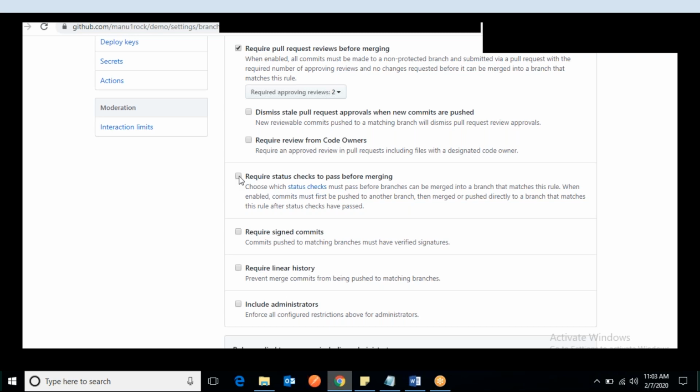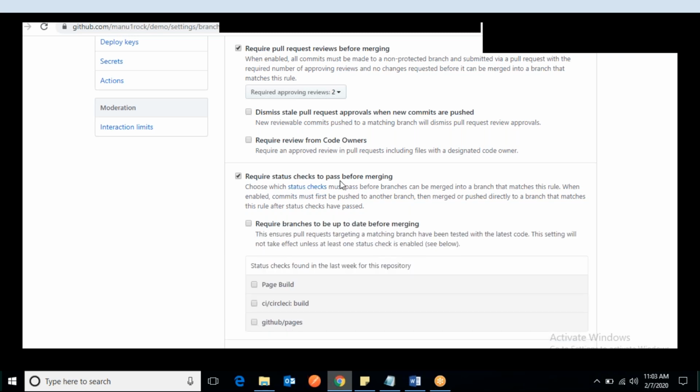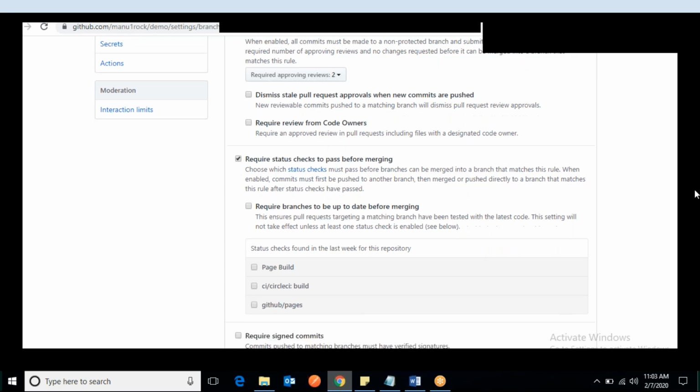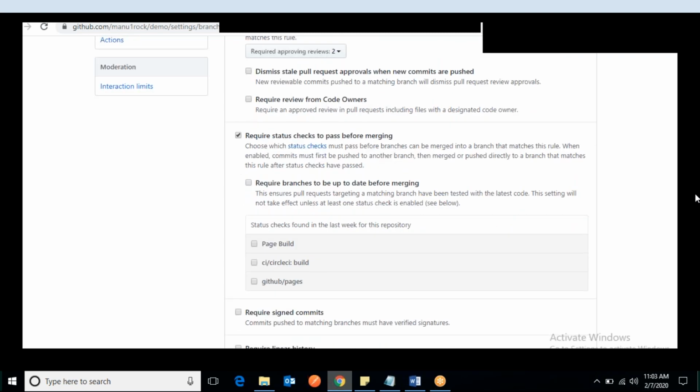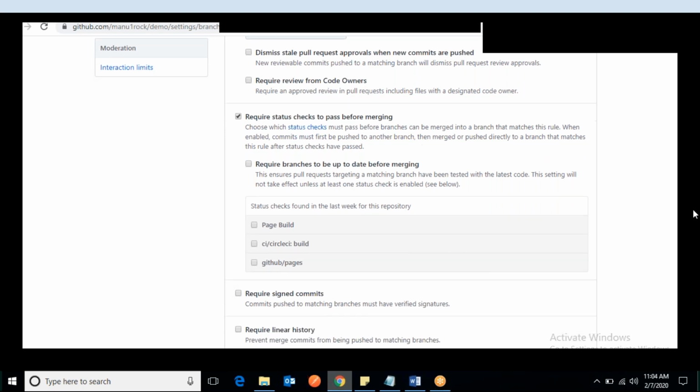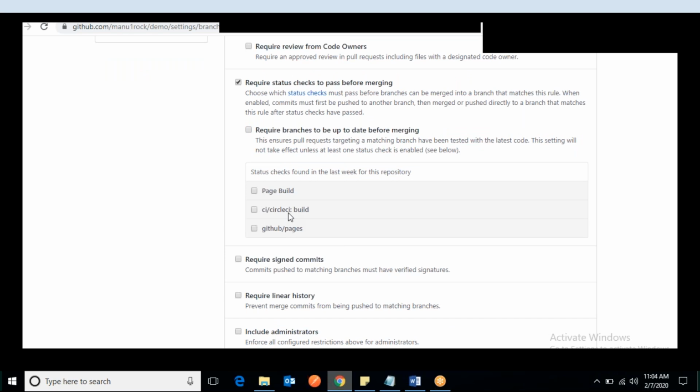Now I can apply require status checks to pass before merging. Suppose we have integrated with the Jenkins tool. If the build passes, then I want to merge this to master. Otherwise, if the build fails, I'm saying don't merge. I have used CircleCI, another integration tool.